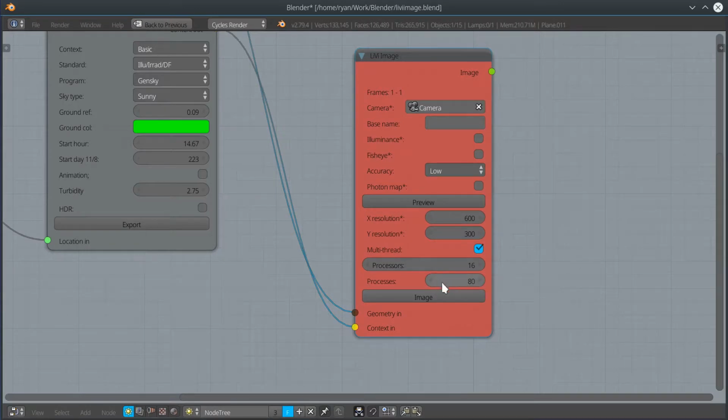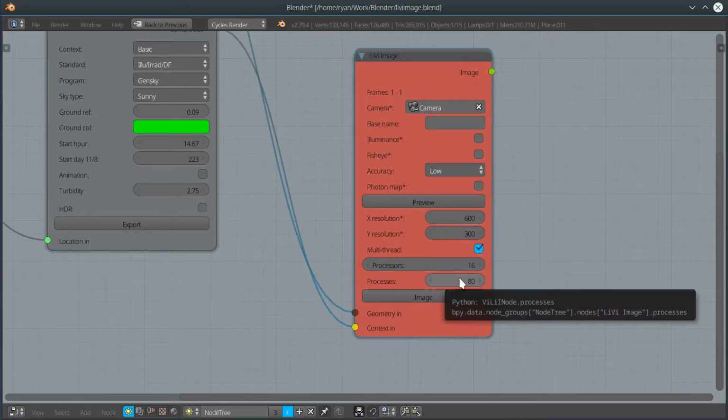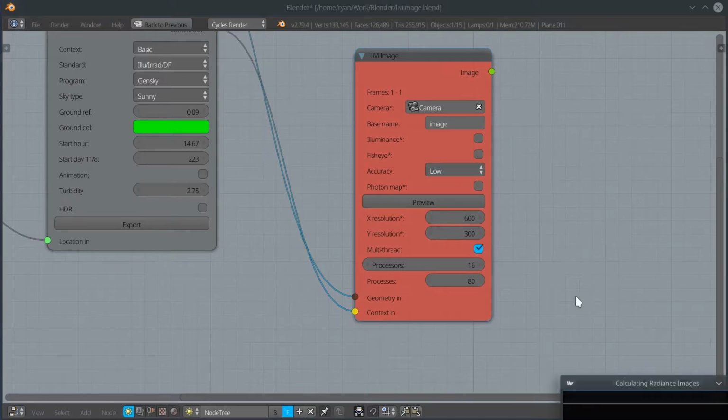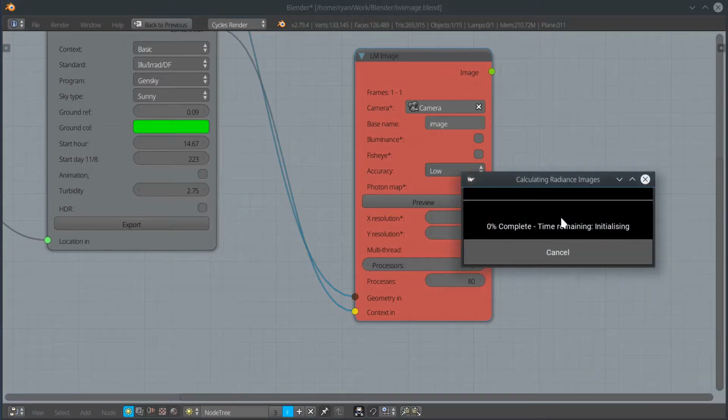So if it goes too high, this might start to slow things down as well. There's a balance between low numbers, where there's a chance of a core or processor getting stuck working on a more complex part of the scene, and higher numbers, where there's some overhead in starting up new processes to deal with each part of the image. With experimentation, you might find that perfect number. I tend to stick to about 4 or 5 times the number of processors. So if I now press image, a Kiwi window will come up